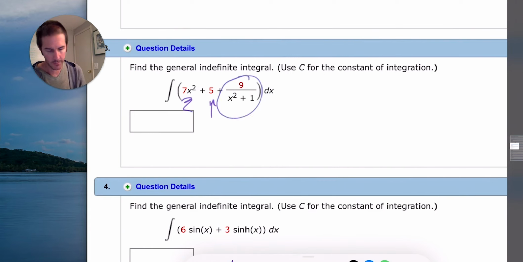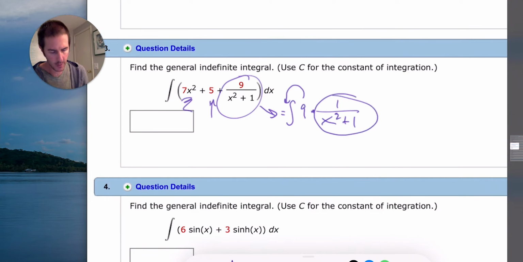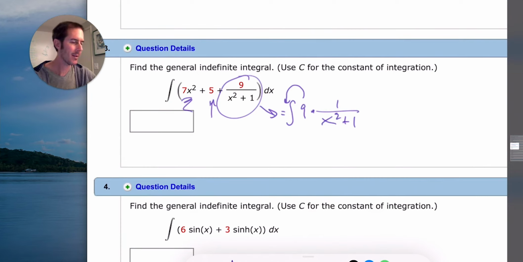This is where it gets weird. The integral of this is equal to the integral of 9 times 1 over x squared plus 1. Terrible handwriting, but that says x squared plus 1. We could have even taken the 9 and written it outside the integral, so that we're really focused on taking the integral of 1 over x squared plus 1. And you might be thinking to yourself, I don't know how to do that. And in a way, you're right. And the good news is, you don't have to know how to do that, because